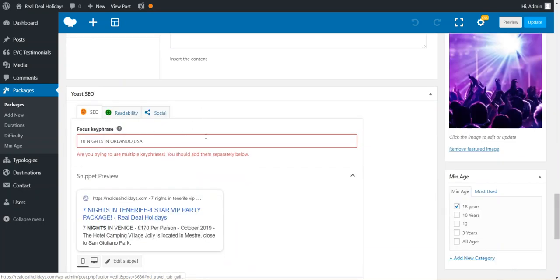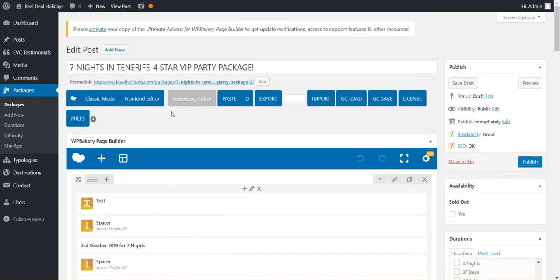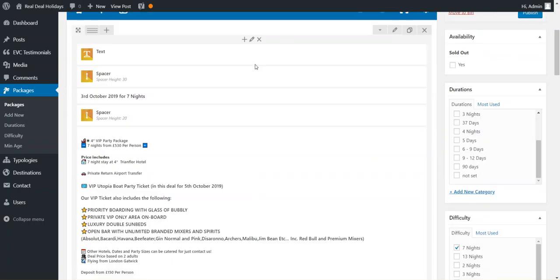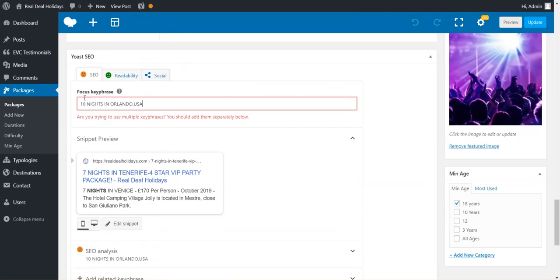So then we get into the SEO. So the focus key phrase, I can see straight away, I mean, this package is 7 nights in Tenerife, 4-star VIP party package, and your SEO focus key phrase is 10 nights in Orlando. So you've not been trying to even touch the SEO, which is perfectly fine. You don't know anything about the SEO, so it's fine. But